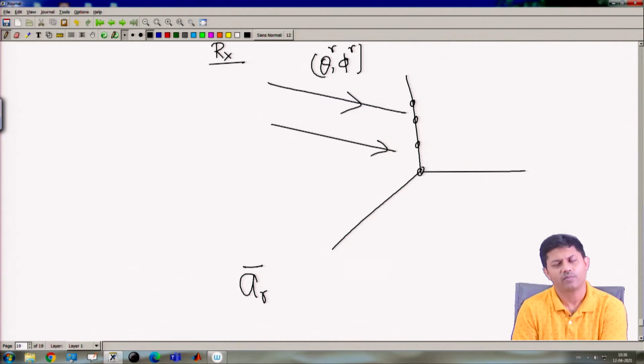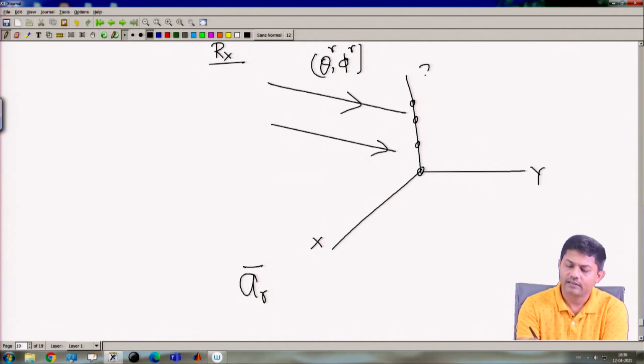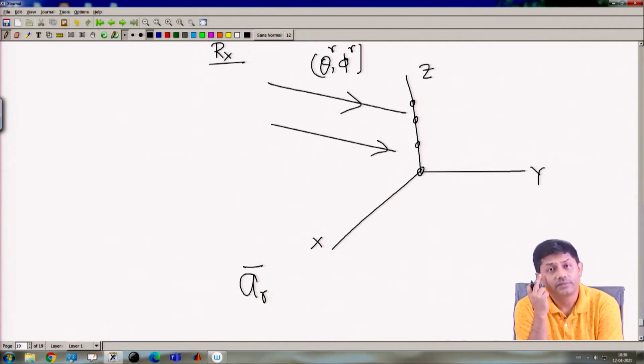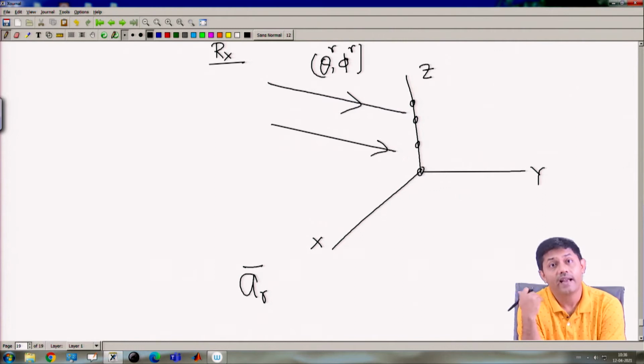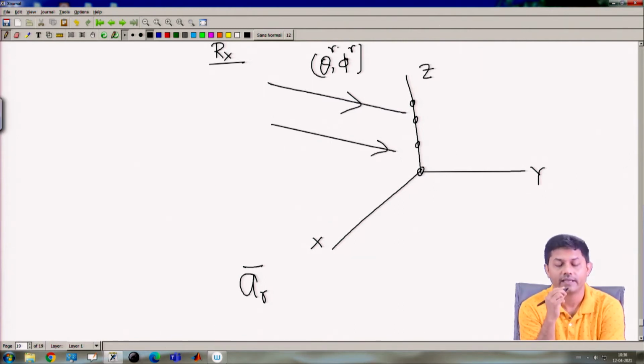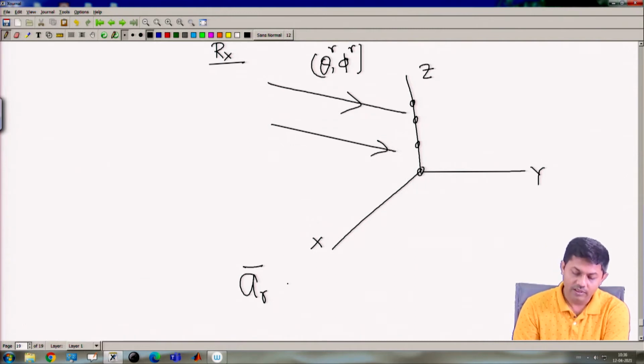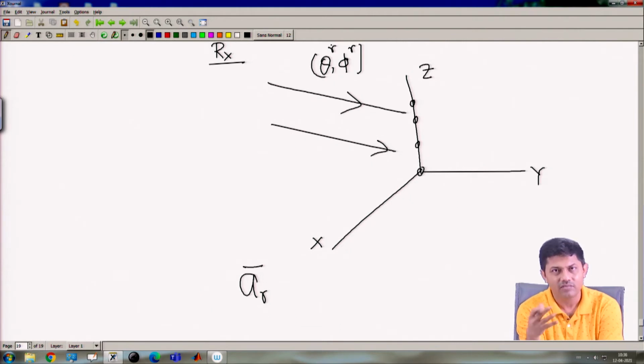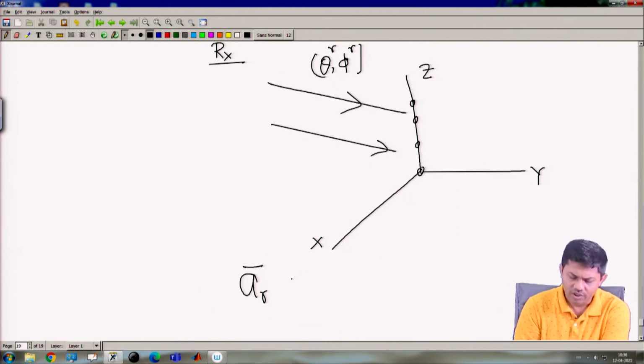Again the same concept, whatever you have learnt in the TX side, same thing you can extend it, just that the only difference is that instead of angle of departure, now you have to take the angle of arrival side. Now, here angle of arrival side means theta r and phi r. Now, for the benefit of a lot of notational issues, I may drop the r just to understand, but you can continue the r notation. So, what is my AR?